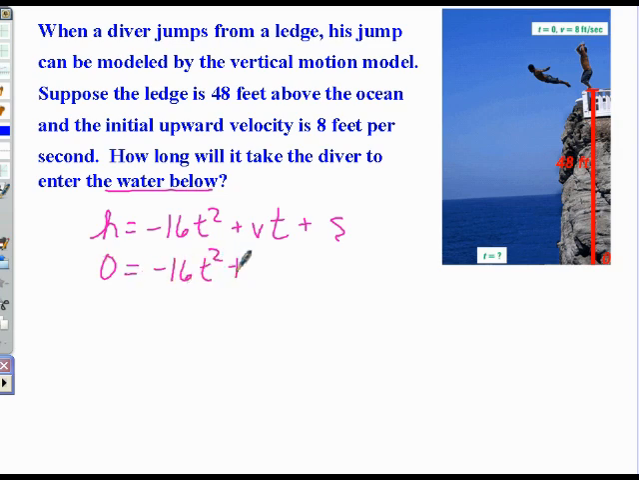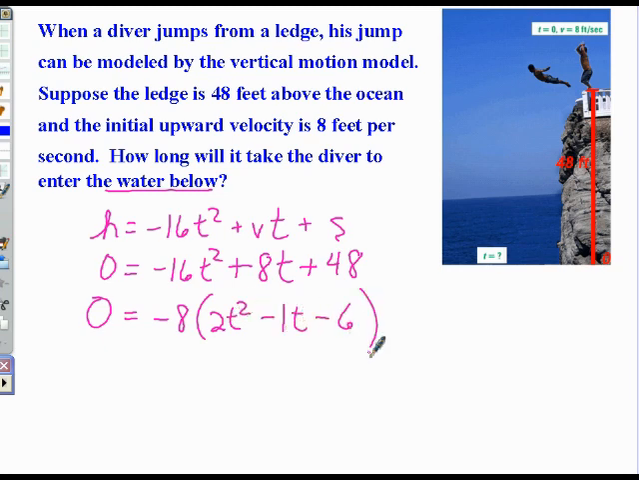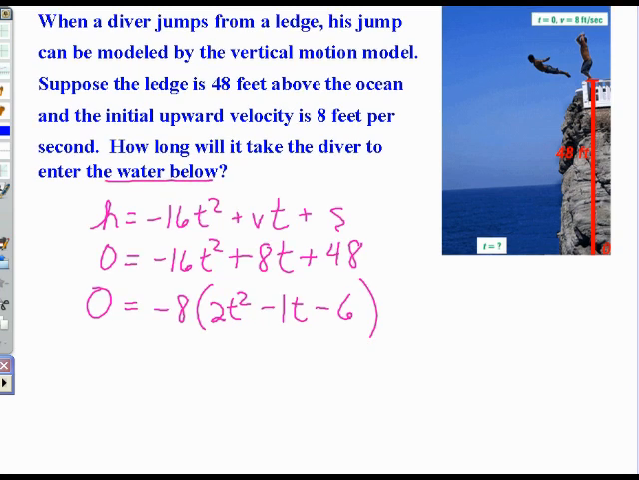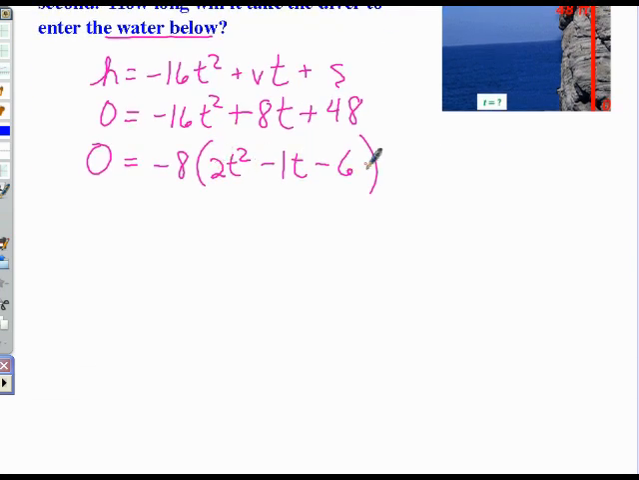Initial velocity was upward, 8 feet per second. Initial height was 48. All right, so now we have this quadratic trinomial, and it's in the equation. Let's go ahead and, first of all, you don't want your A term negative, and you want to factor out any common factor, which would be -8. That would leave positive 2t squared, -1t, and -6. Now if you want to continue to factor so you get this trinomial broken down to 2 binomial factors,